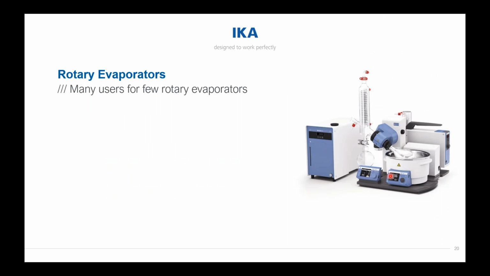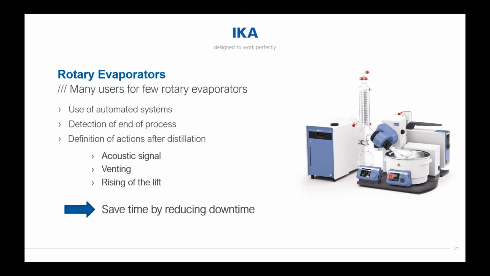What else could be a problem? Many users for just a few rotary evaporators. Probably every one of you knows this problem, because normally not every user in the lab has his own evaporator. So how can you handle this? Also here, I would recommend using the automated systems. Maybe you think now, why can this improve our workflow? With the automated systems, like I just explained, you can just start the distillation automatically,